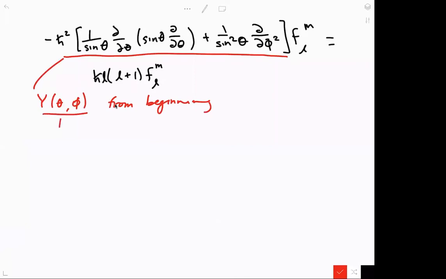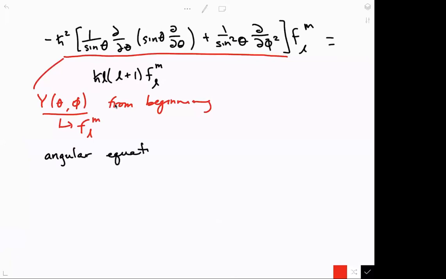We used that in the beginning of the chapter. Now we've got this F, L, and M instead of that Y. So if you look back to your notes where you have that separation of variables of the hydrogen atom at the beginning of the chapter, this is the differential equation that we had, with a little bit of rearranging. So our work before tells us that the angular equation